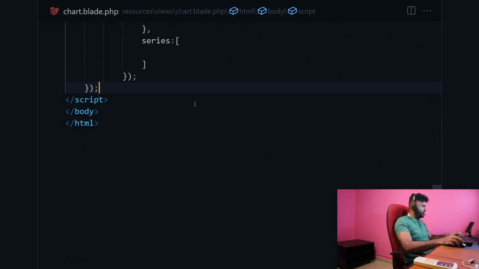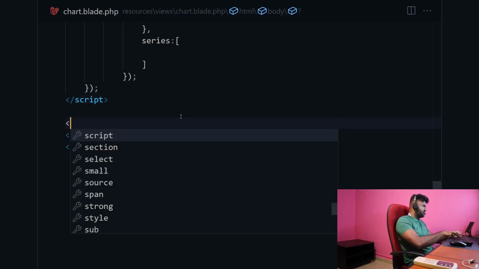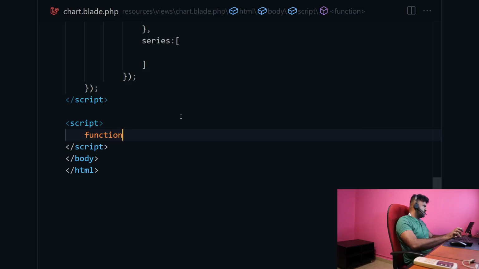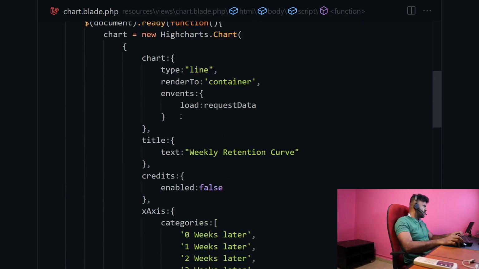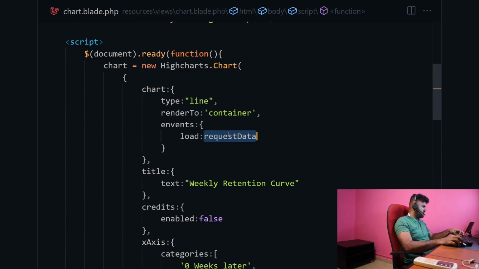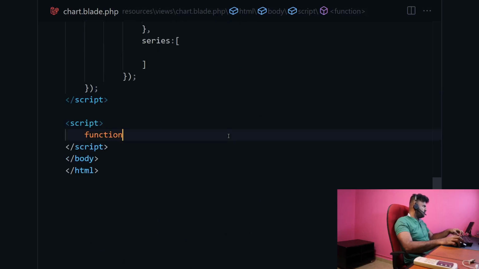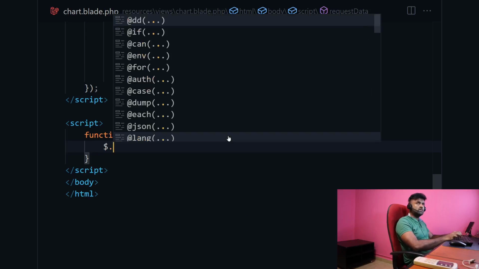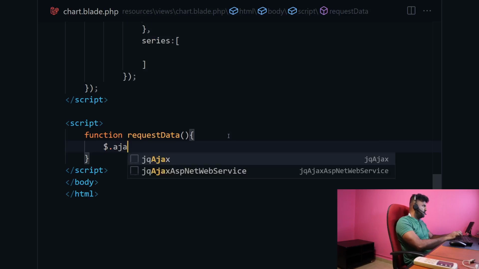Let's create the data loading part. That means using Ajax we need to load the data from the server. Let's do that in script, and let's create the Ajax call. Our function is requestData. Let's create that function. $.ajax